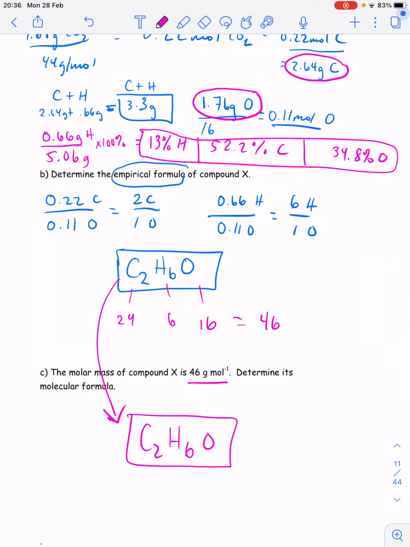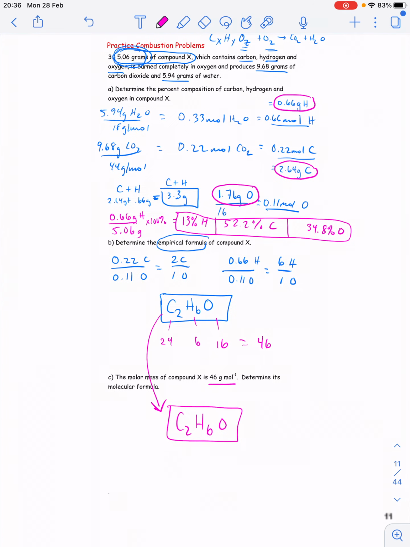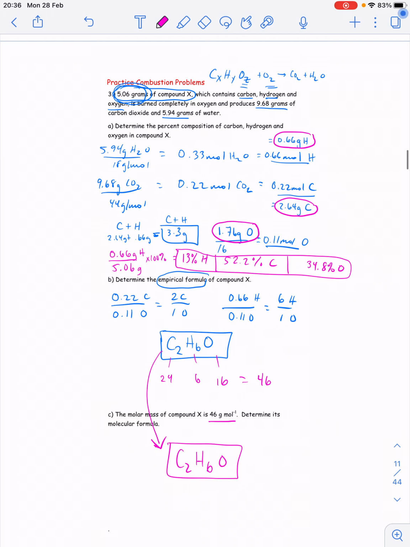So this one is really challenging because the compound has oxygen in it. It provides all sorts of extra hurdles that we have to jump through. It also asks you to calculate percent composition on top of empirical formula. You know, is this question common? Not at all, but it is something they could throw at you every now and then as a real strong